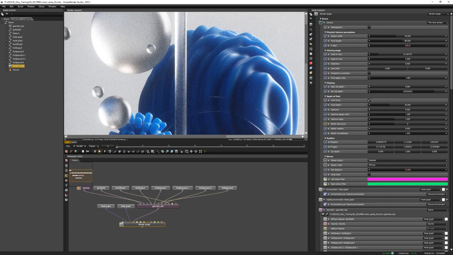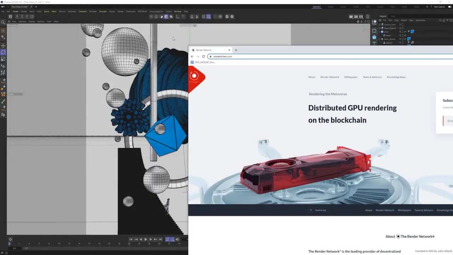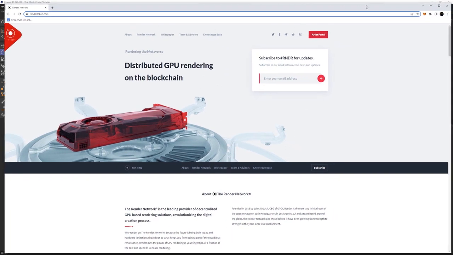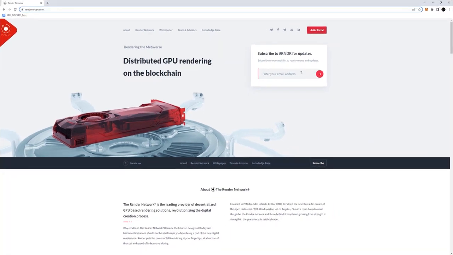So let's get into the Render Network itself. I'm just going to close out of the standalone, and let's go to rendertoken.com. Now you could just skip this and go right to it's RNDR. Well, let's just go. I'll pull up the address here in a minute. This is really nice to go to Render Token